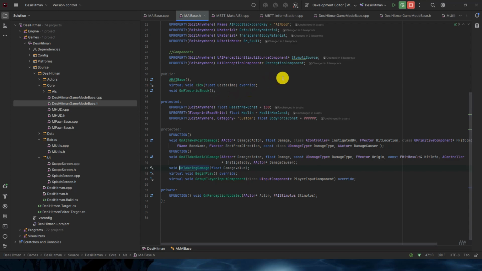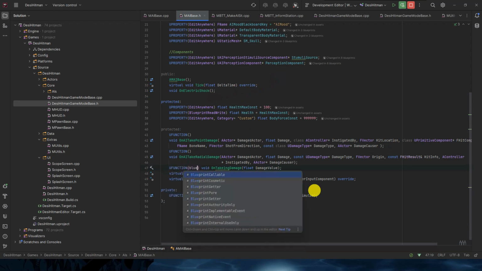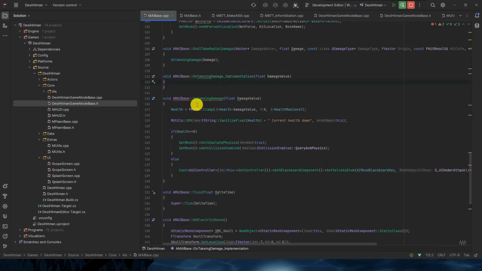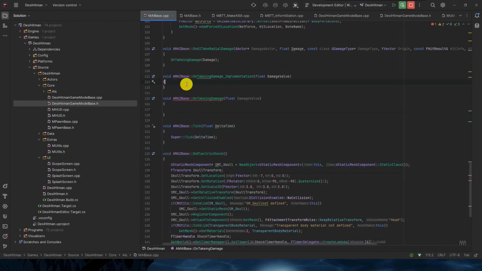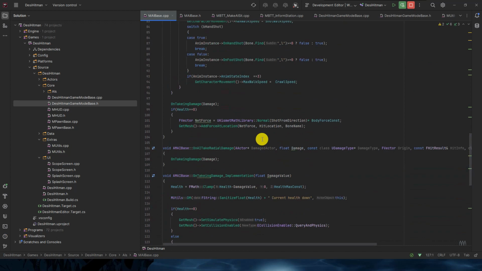So what we will do here, I will make it as UFUNCTION and BlueprintNativeEvent. So I will have one default implementation in the CPP. At the same time, I can have some definition in the blueprint side too. Alt enter, generate definition. I will just shift it here. Will remove this, so everything will remain the same.